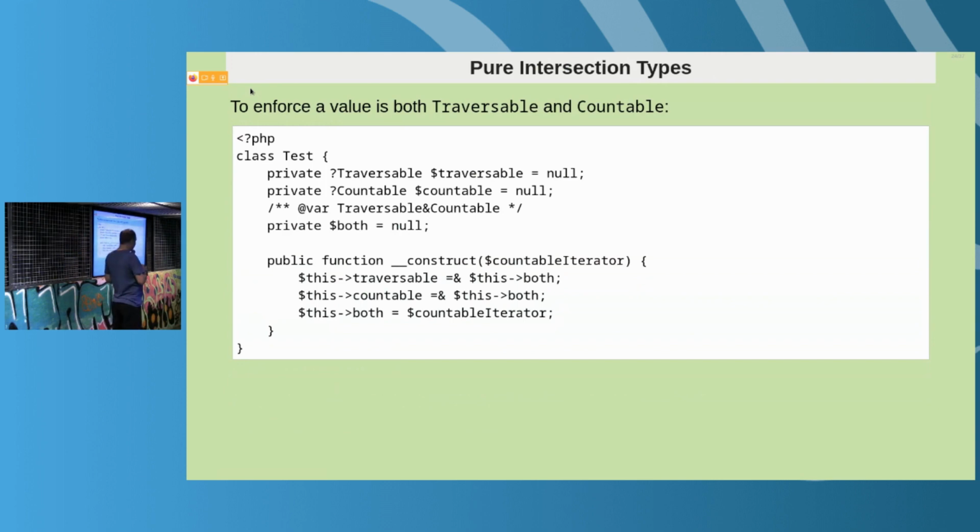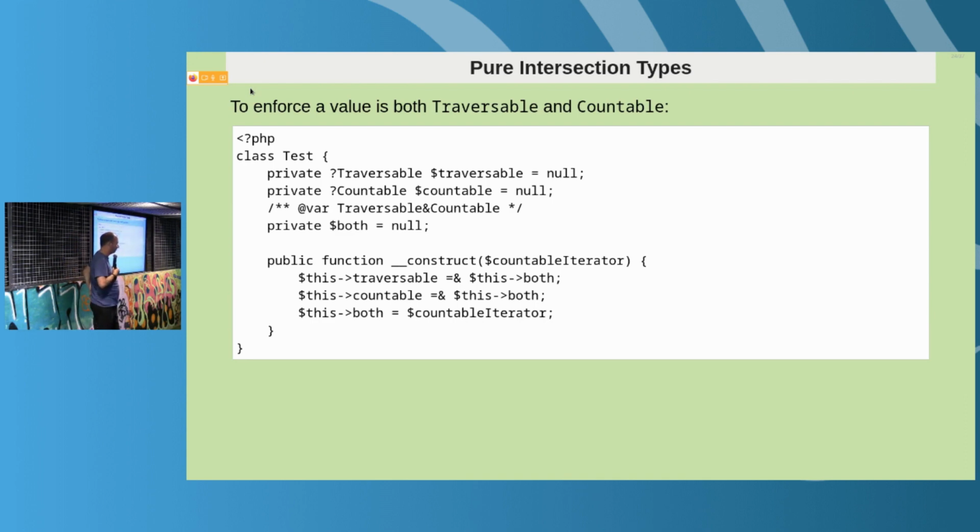All right, intersection types. So I've shown you the first slide had union types, where an argument can be something or something else. But what if it has to be something that does both things? For example, the argument that is going to be passed needs to implement two interfaces, which is actually a situation that you see in PHP quite a bit, right? If it has to be traversable and countable, meaning that you can pass it into foreach,